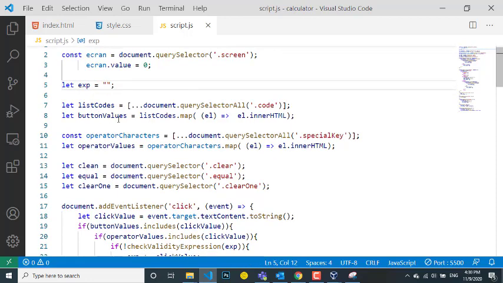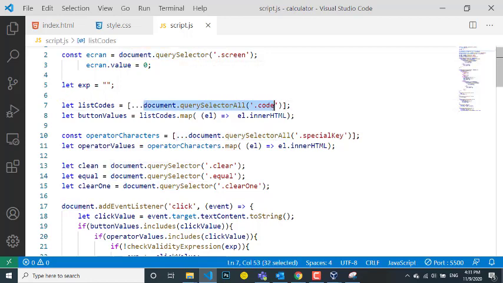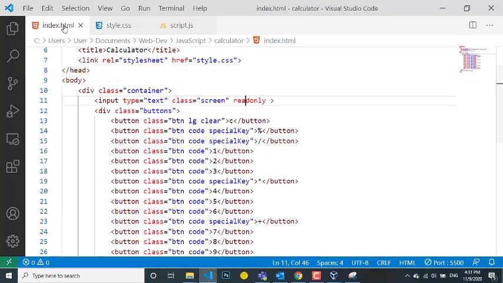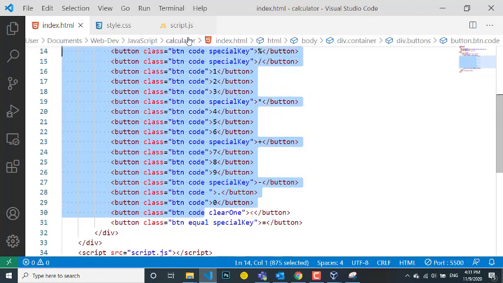So I call something list of code, which is getting all the code. You can see it selecting everything. This 3 dot in front of the square brackets is making it an array of unknown arguments. So this is to declare an array when you don't know the number of arguments at the beginning. So this 3 dot is going to get the array elements, because this querySelectorAll is getting all the elements with the class code, like you can see here, this code, this code, this code. So it's getting almost everything from here till here.